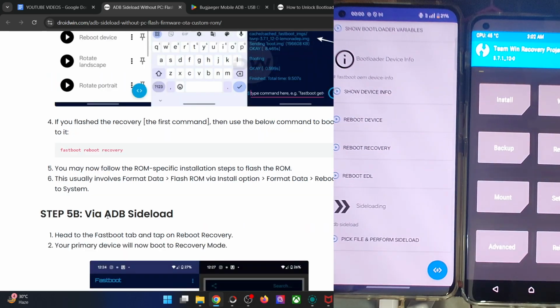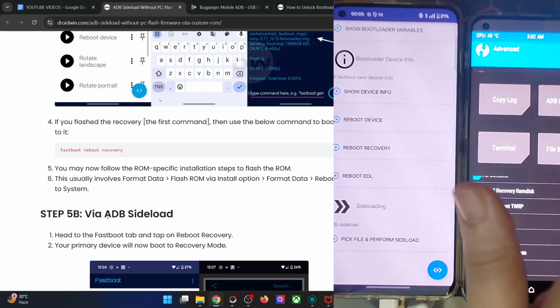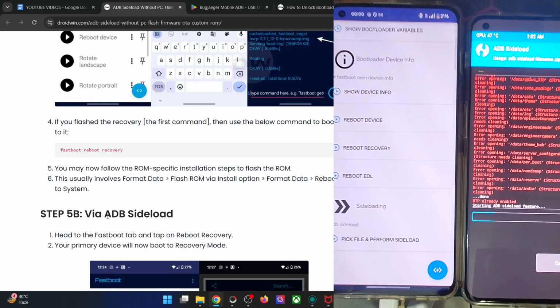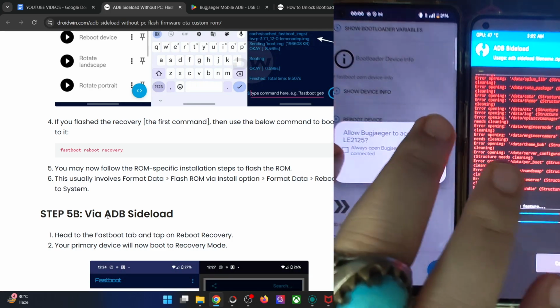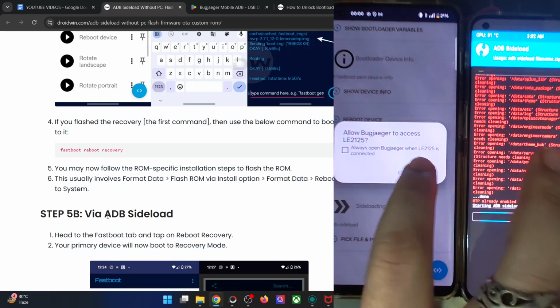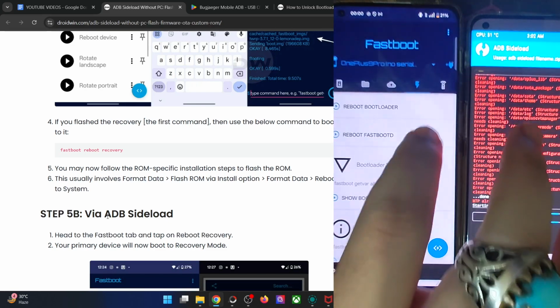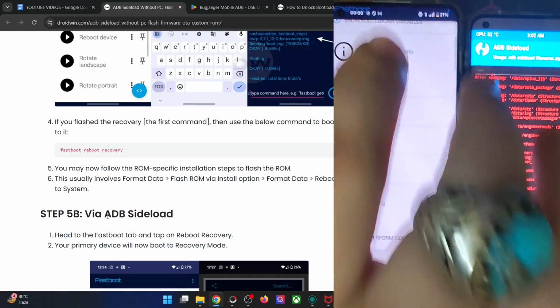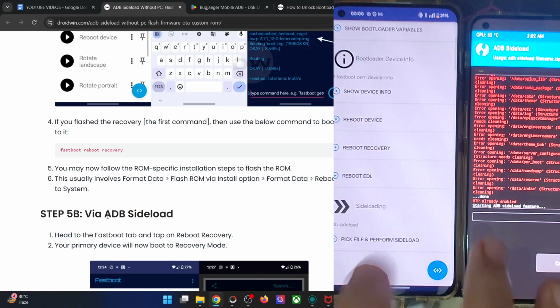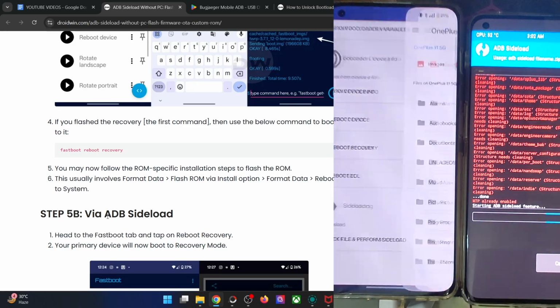After that, guys, once you have done the wipe, now go to advanced and ADB sideload, swipe to start sideload, and you might get a few warning signs. That's all normal, nothing to worry about. And you will also get a prompt on your secondary phone, tap on OK, always open, OK, again always open, tap on OK, and now go to this tab, the forward tab, scroll down, and over here select pick the file and perform the sideload. Don't show again, I understand.